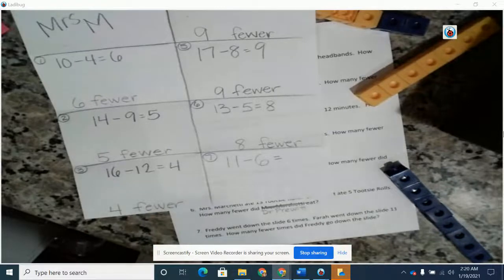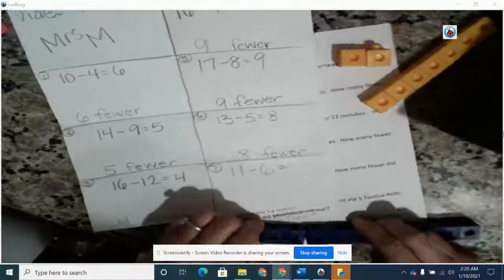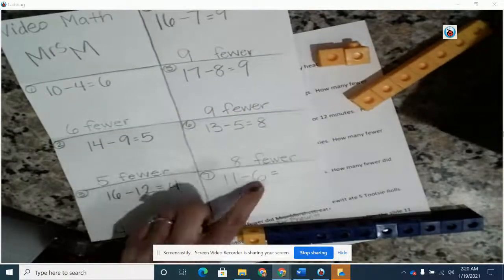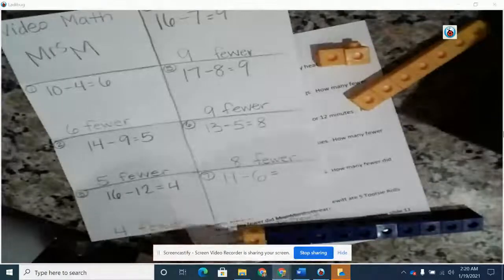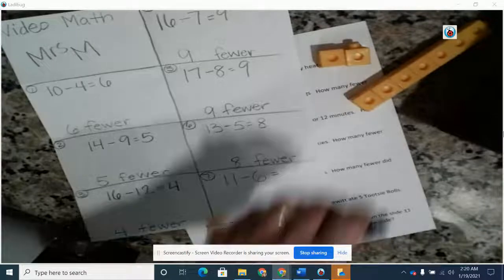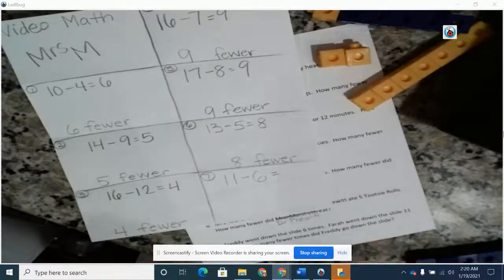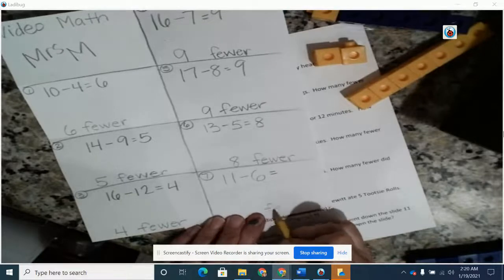And some of you may be able to figure that out in your head, which is fine. Some of you may not be able to do that. You use your fingers, but you need an extra finger because it's 11. So I've got my 10 and my 11. All of my one color is 10 plus one more. And now I need to take away 6 to find my difference. 1, 2, 3, 4, 5, 6. And that's going to leave me with, I'm going to let you figure that out, and then you're going to write that number,